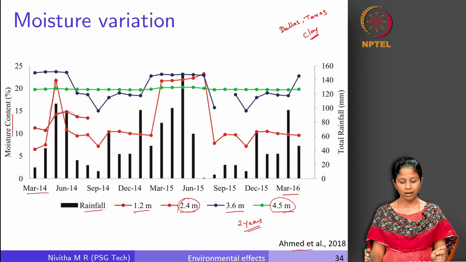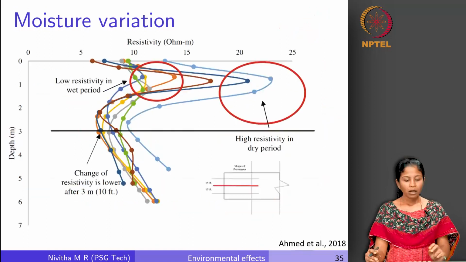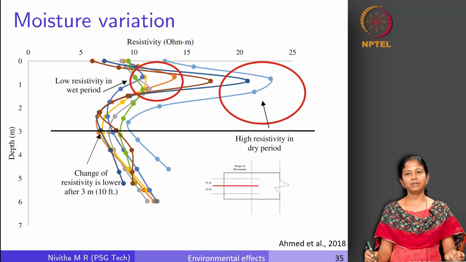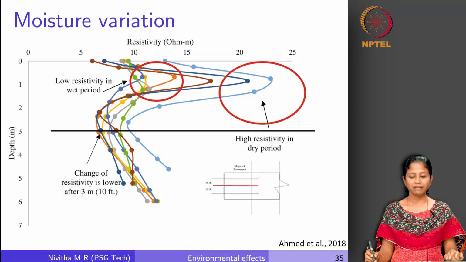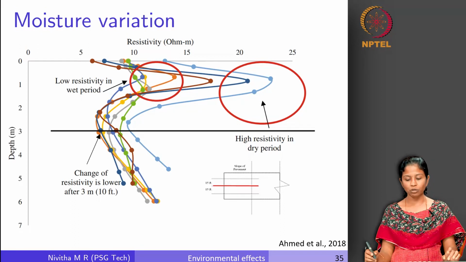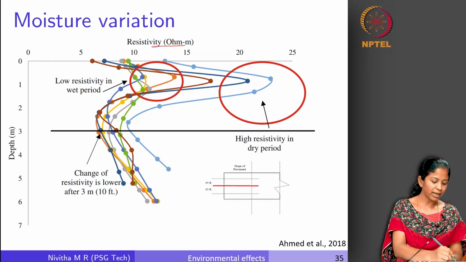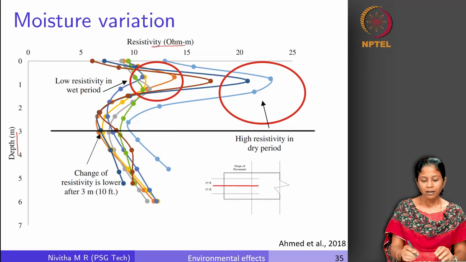It is not just that the effect of moisture is there on the pavement, but the influence varies across the depth of the pavement. Also, the effect of moisture variation was quantified using an indirect measurement, which was obtained using the resistivity measurements. So, at different depths they were able to measure the resistivity of the soil, and this resistivity is considered to be inversely proportional to the moisture content in the soil. You can see here, this is the resistivity which is measured for soil, and this is the depth, right. So, as the